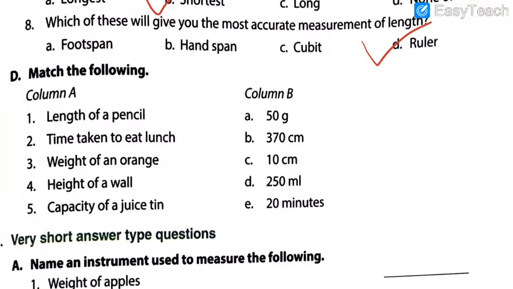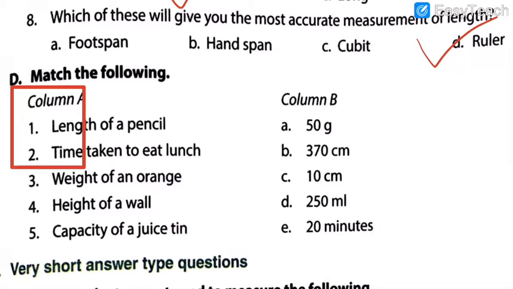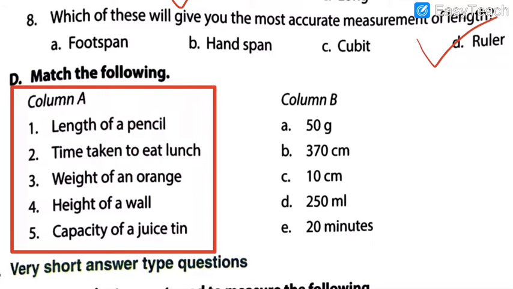Now moving towards the next question, match the following. Students, here I am giving you time to write down this part. Quickly start writing it. Column A. So question D, match the following. I hope that you have started writing these questions. I will wait for only 1 or 2 minutes. Till then I will be reading column A and column B. You have to write column A in the sequence it is given. Quickly write it down.